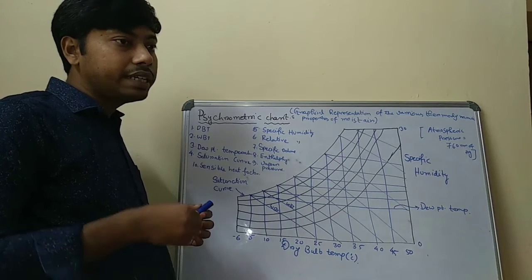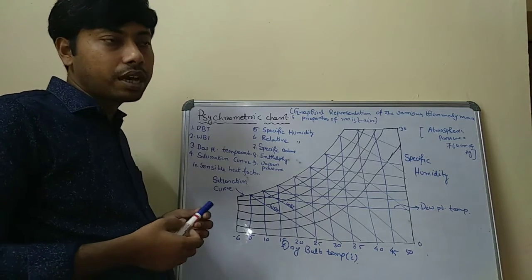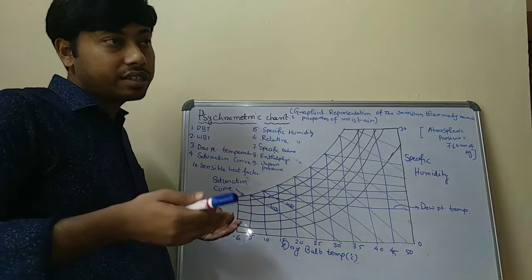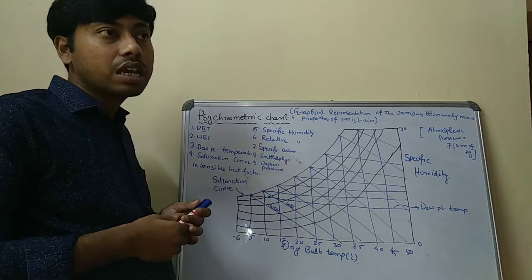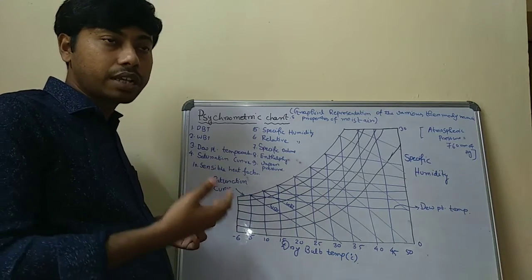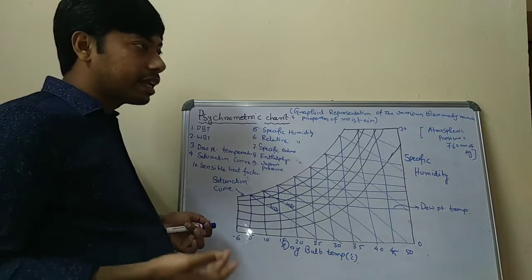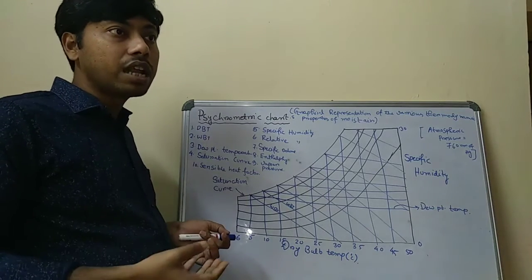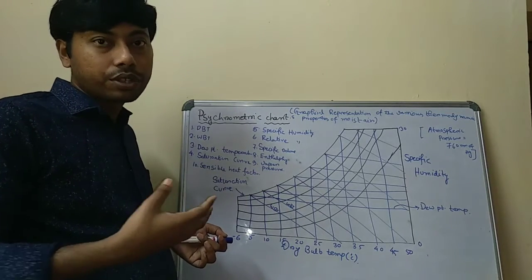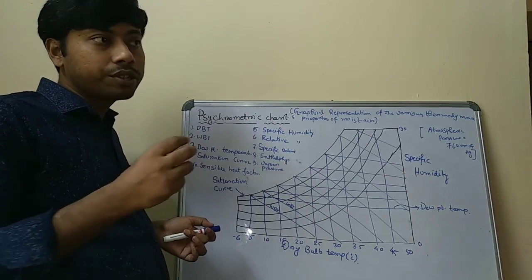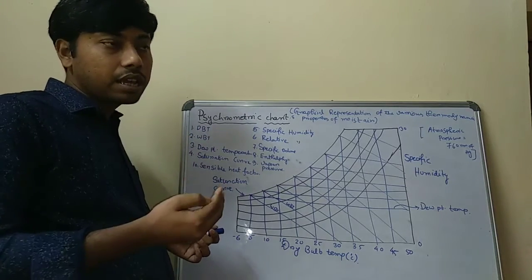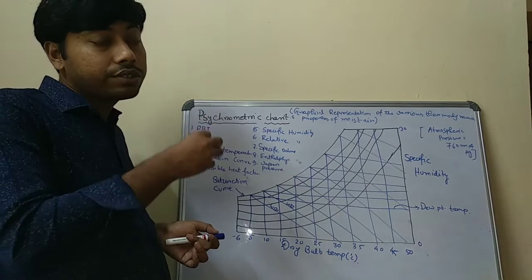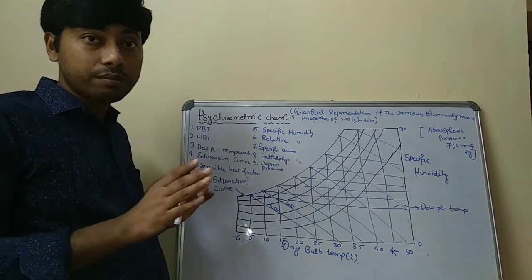It actually reduces the various thermodynamic calculations in RAC units, meaning air conditioning units. This is very important, because calculations are required for dry bulb, wet bulb, enthalpy, relative humidity, and specific humidity when you design or produce an air conditioning unit. Obviously all those thermodynamic properties should be calculated, and for this you can use the psychrometric chart as a tool. So it reduces the calculation part also. It is a very important tool.